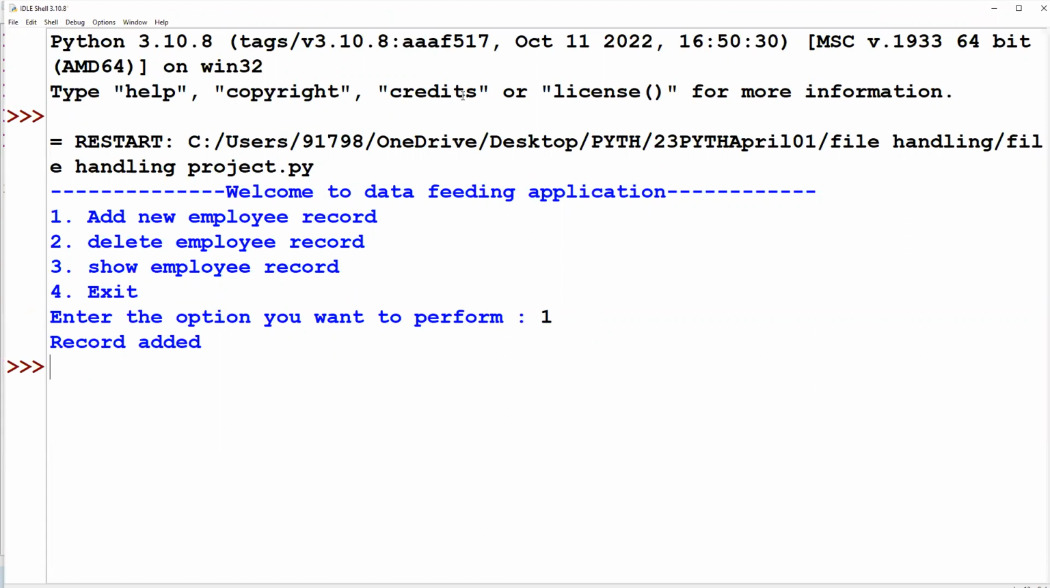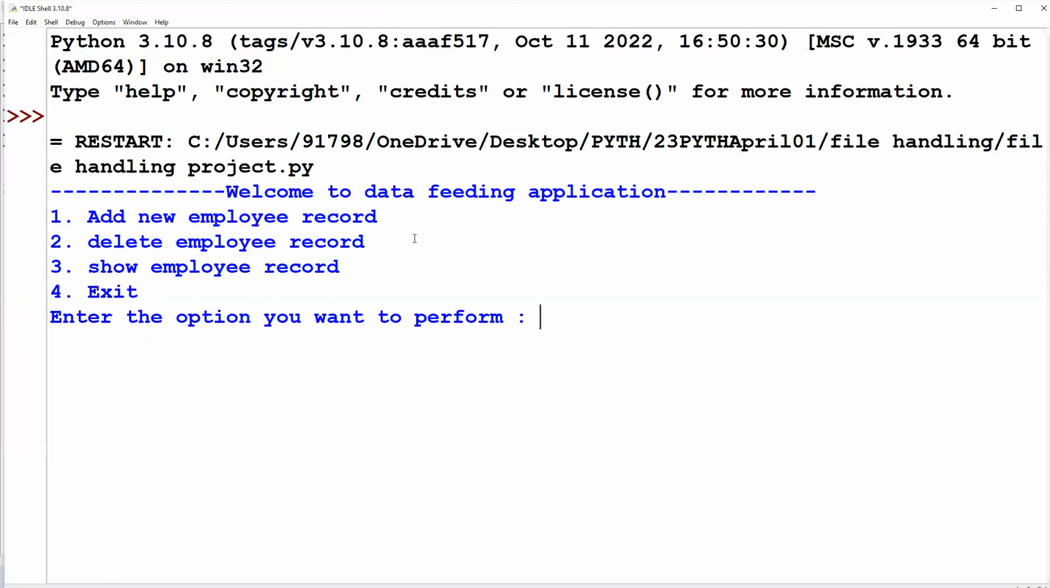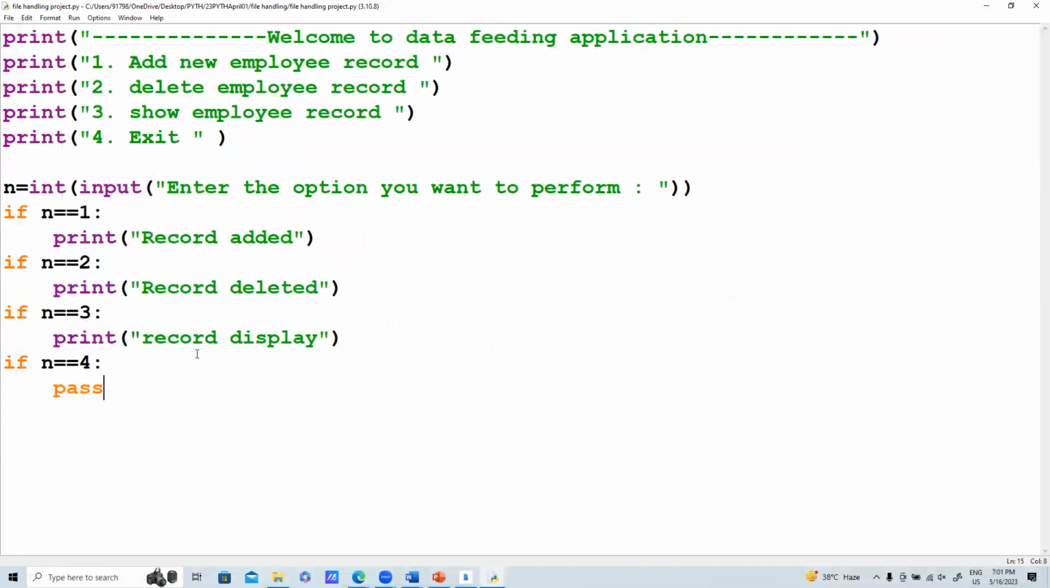Same way, we have lots of other options which we can use. Run this code. This time, suppose I want to delete information. Same way, we have lots of options there. Now, what I want to do,